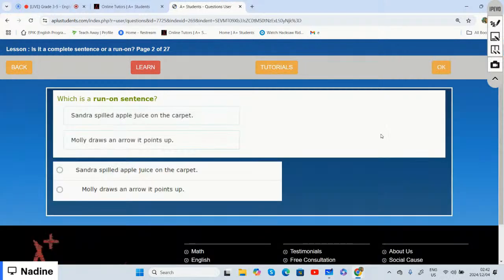Yes. A run-on sentence, right? It's like when you have two different sentences that could have just been one sentence and period, but instead you wrote two sentences in one sentence. Like, for example,